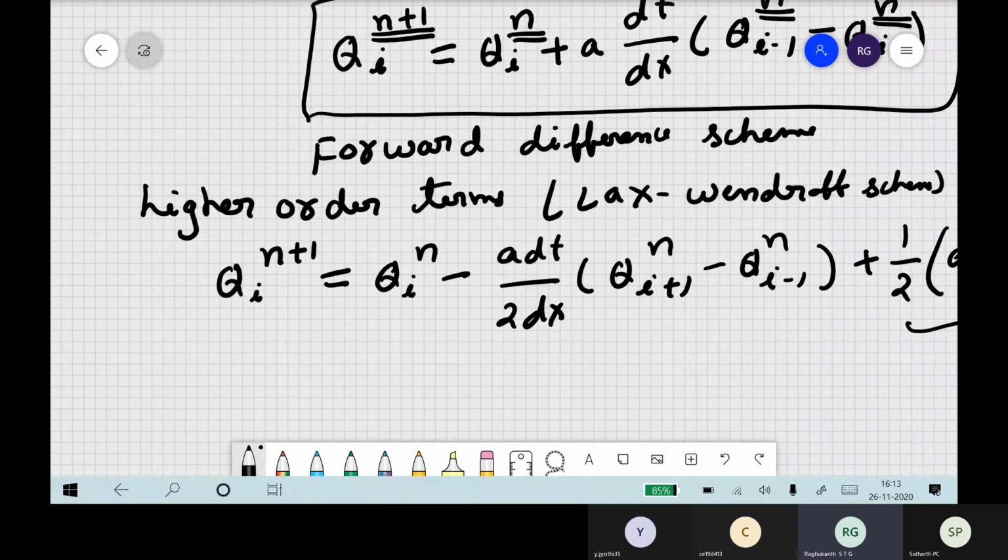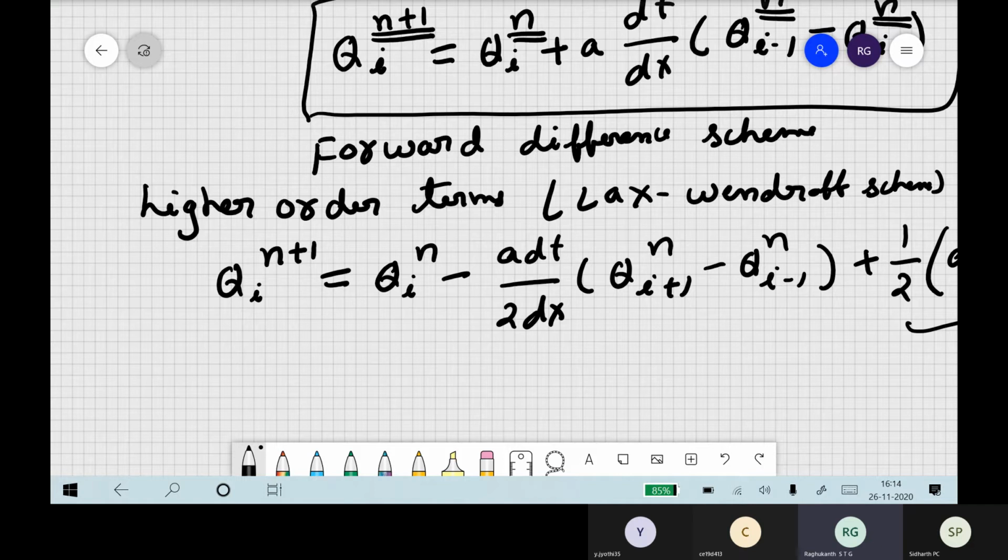So in finite volume, what are you doing? You divide the same region into a number of elements. Of course, here we don't call them elements, we call them volumes. Our equation of motion is written in a conservative form. Conservation means, if you take any volume and want to find the rate of change of fluid in that volume, it depends on how much fluid is entering through the left side or right side boundary, or maybe top or bottom, because in 3D you can have boundaries on all sides. So in which direction fluid is coming, how much fluid is going outside.